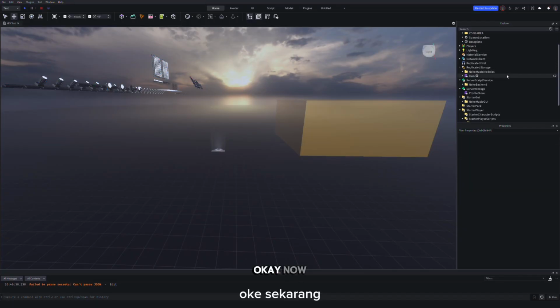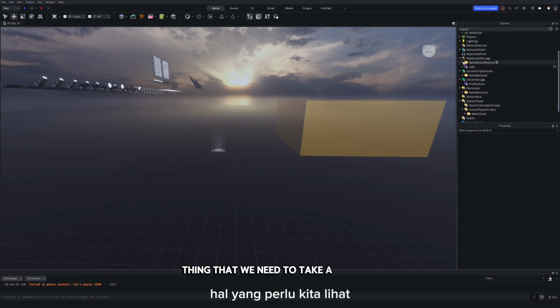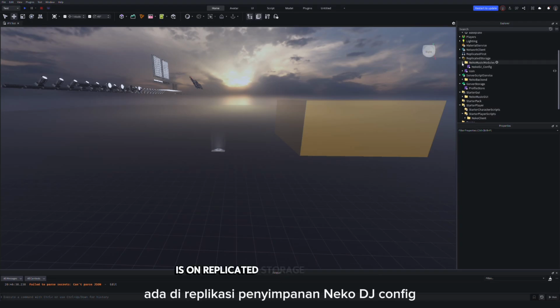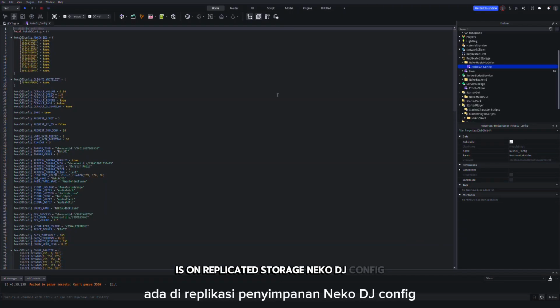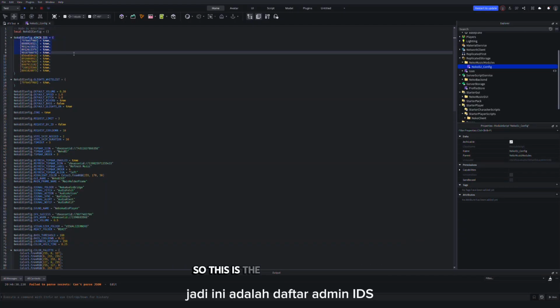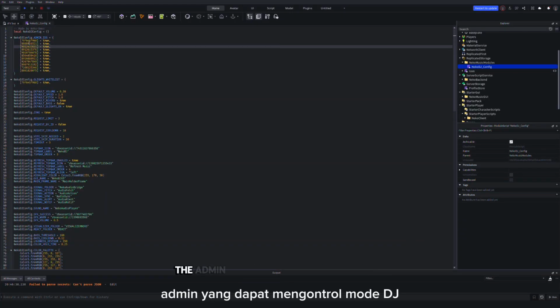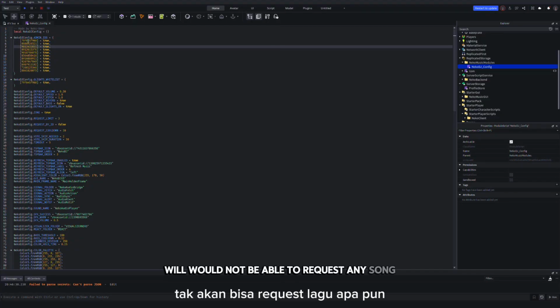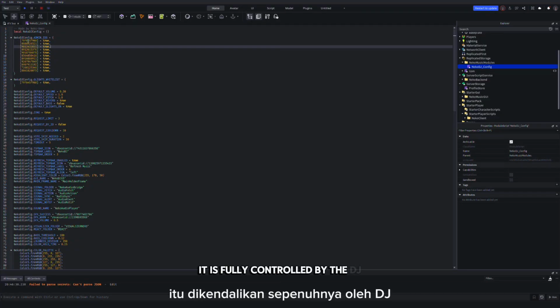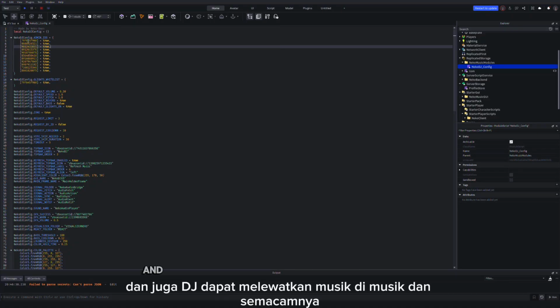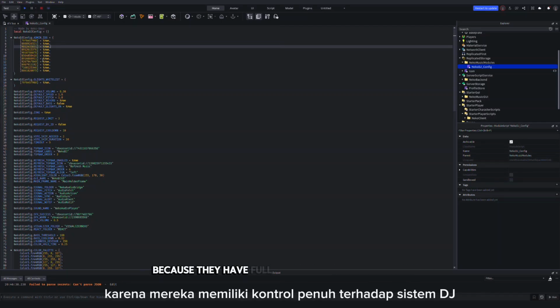Okay, now the thing we need to take a look at is in ReplicatedStorage, Neko DJ config. So this is the list of the admin IDs, the admins who can control the DJ mode. DJ mode will make everyone unable to request any song. It is fully controlled by the DJ. And also, the DJ can skip the music, add music and such, of course, because they have full control